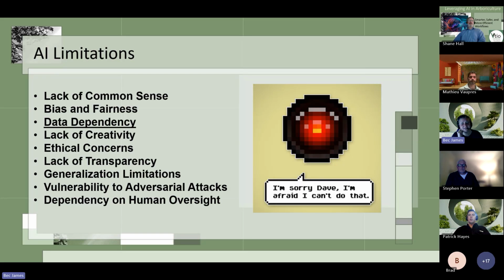AI, because it's not human, doesn't really have any ethical concerns or responsibilities. It's not interested in privacy acts and legislation, and to that end, we really need to consider the ethics of how we use AI, for example, for things like recruitment.